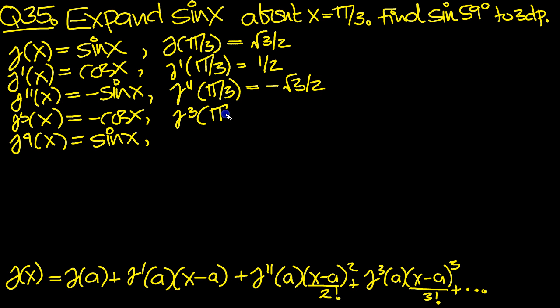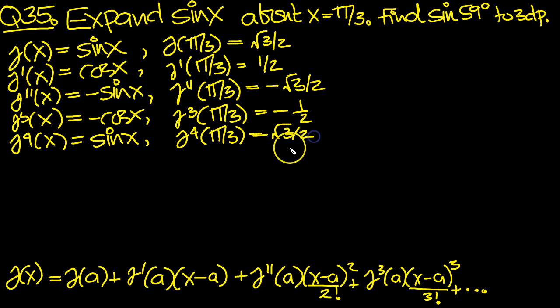F3, pi over 3. Cos 60 is minus the half, isn't it? Because there's a minus there as well. F4 pi over 3. Back to where we started. So sine 60 is root 3 over 2. So there's our values. So we can write down the Taylor series then for f of x, sine x